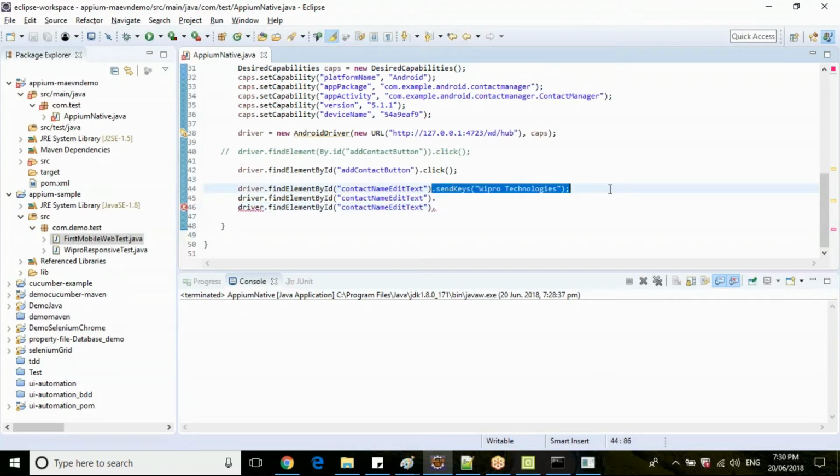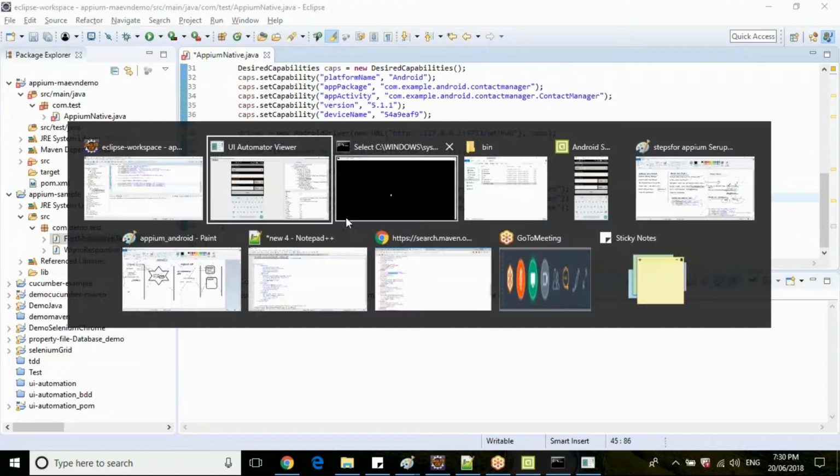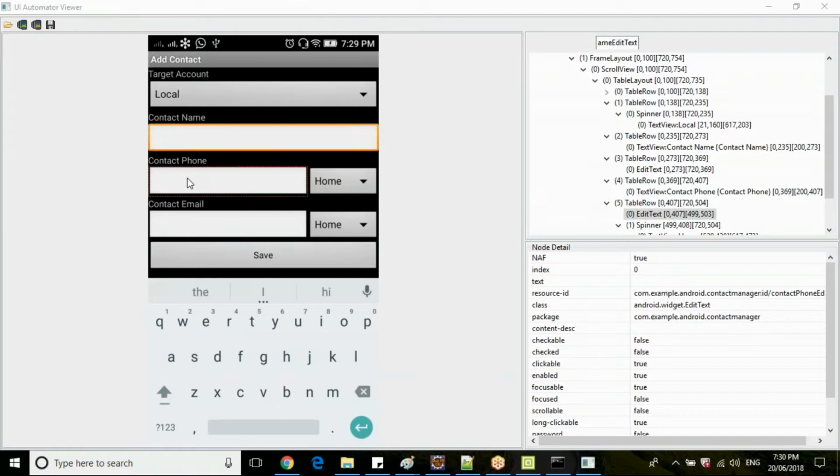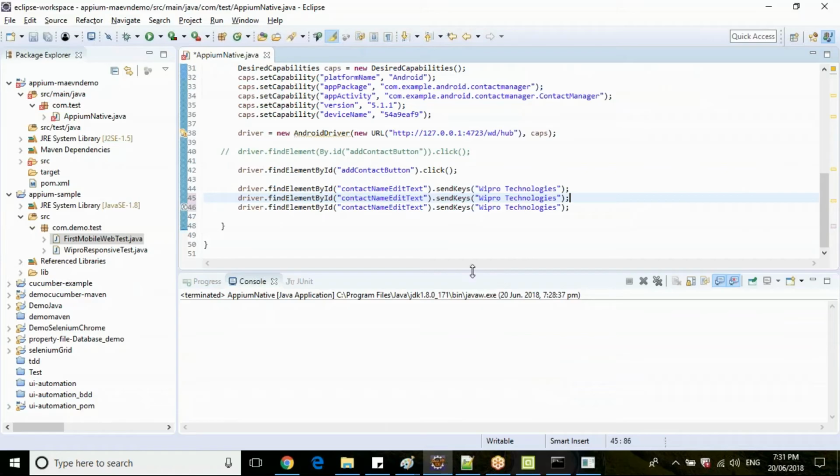Inspect your other elements here. The contact phone field is an edit text.